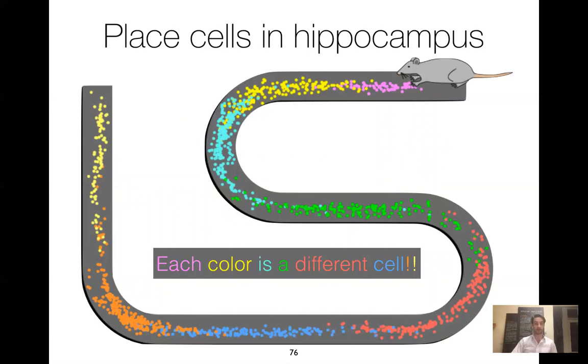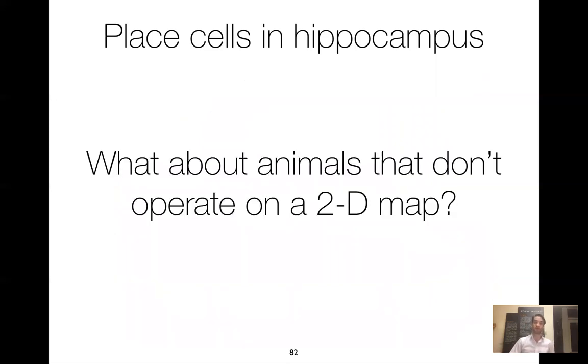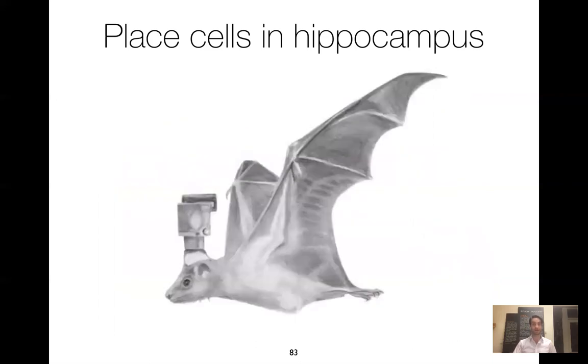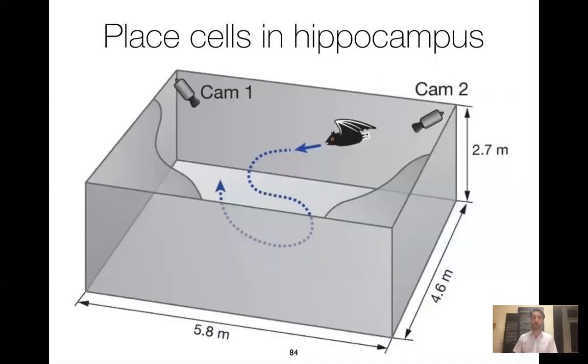But there are, of course, lots of animals that don't operate in this way. They operate on a 3D map. They're bugs, they're insects, they're birds, and then in this particular case, they are bats. There actually have been studies that put electrode arrays on the skulls of freely flying bats that then drill down and put these electrodes in bat hippocampus, not rat hippocampus, but bat hippocampus. And they will monitor this bat as it's freely flying around a